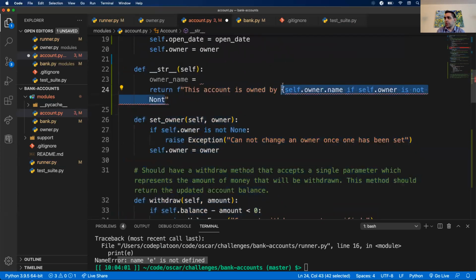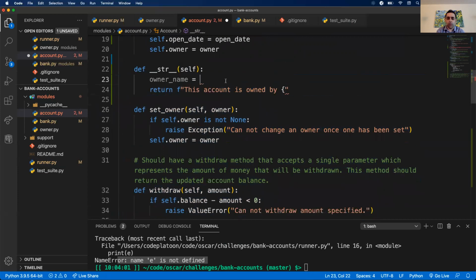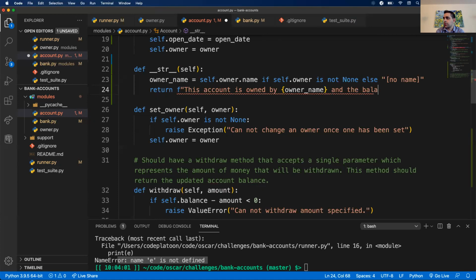Okay, so I was using a ternary here. I don't want to make my logic too complicated, so I'm going to break that out. It's not None, else "no name." All right, it's owned by owner name, and the balance is